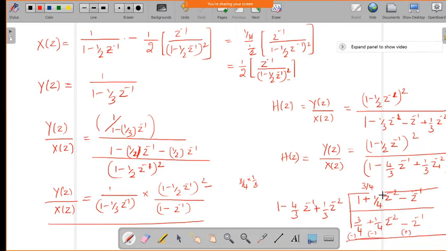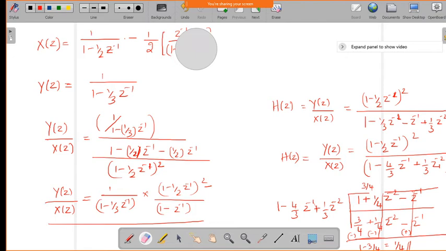So what you will get, this will cancel each other, and this will also cancel each other, so you will get only the constant term, that is 1 minus 3 by 4, which will give (4 minus 3), it is 1 by 4. So in the numerator, the remaining term will be 1 by 4. So now h of z we can write it as,